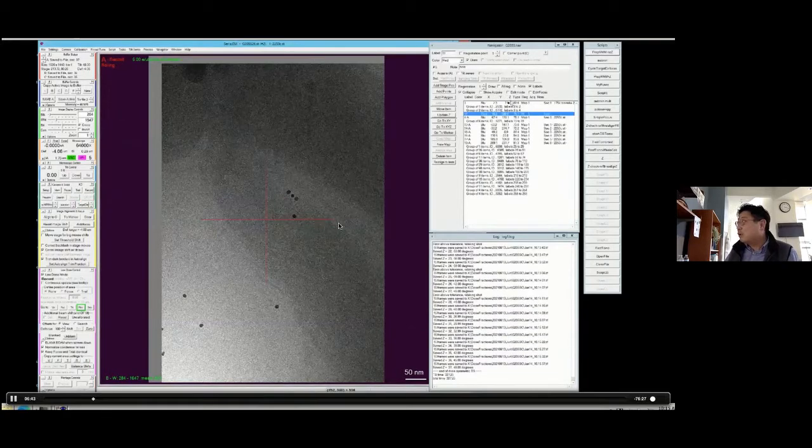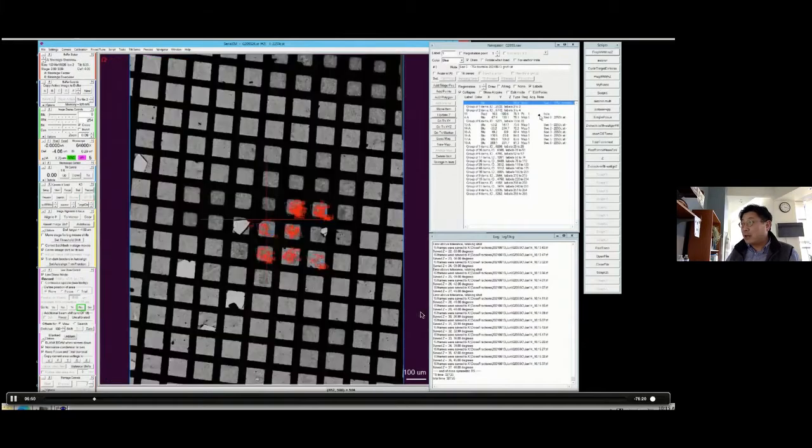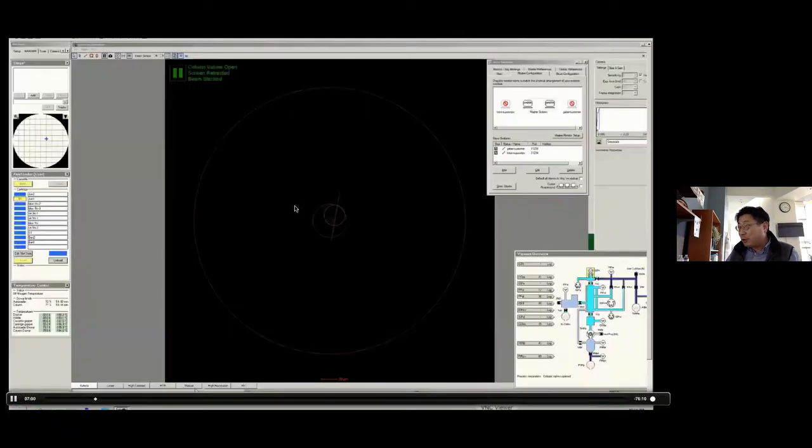Okay, so you see how I operate. First go back to see this particular grid, which has this very low mag montage. And in this montage, you can see the target of interest is focused at the center. Every plus coordinate is